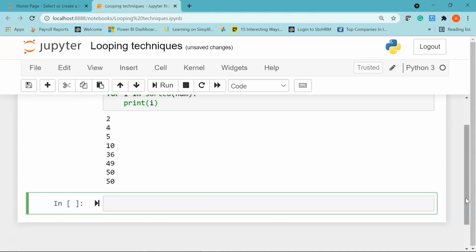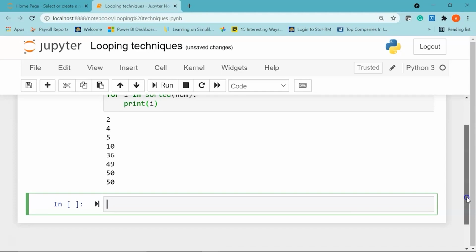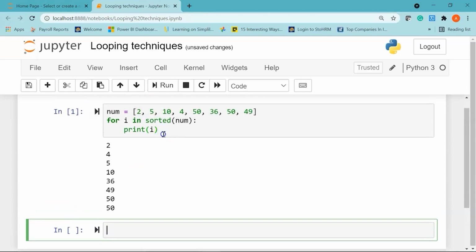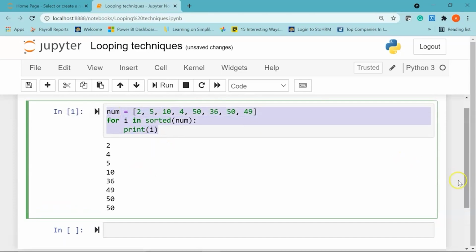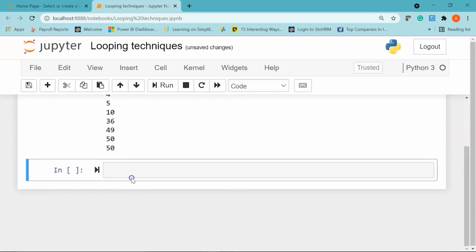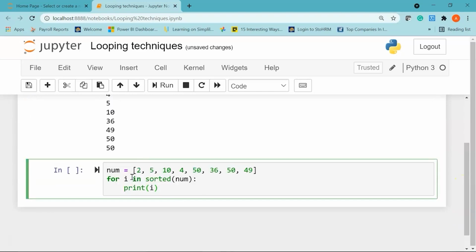Now let's learn how you can sort the values in a list using a for loop in descending order. So I'll just copy my above cell of code. We'll paste it here. It will help save us some time. So I'll say for i in sorted, I've given my variable num.